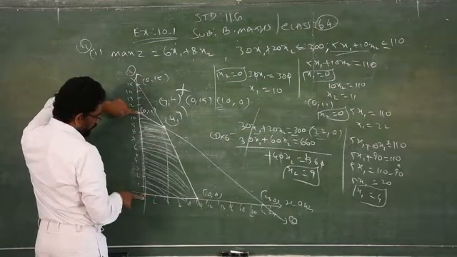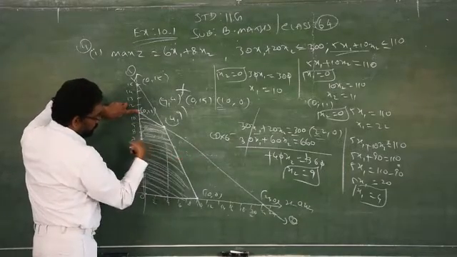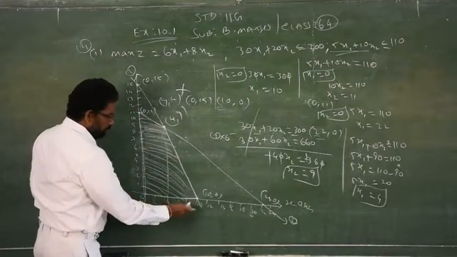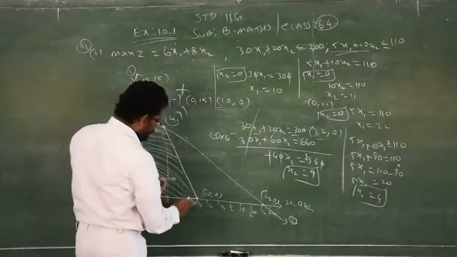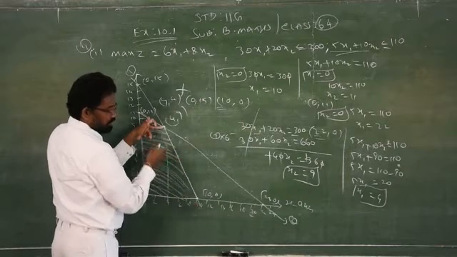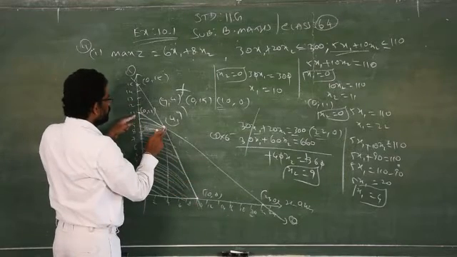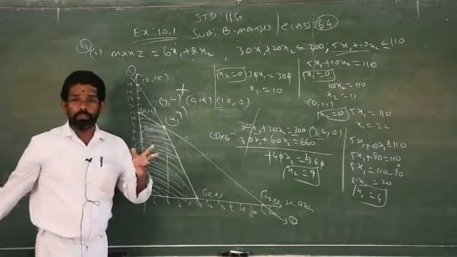So you have to check between 0 to 11, is there any straight line passing like this? No. And also from 0 to 10, is there any inequality line passing? No. Then 10 to 9, is there any line intersecting? No. From 4 to 11, any lines intersecting? No. So you have to ensure that.